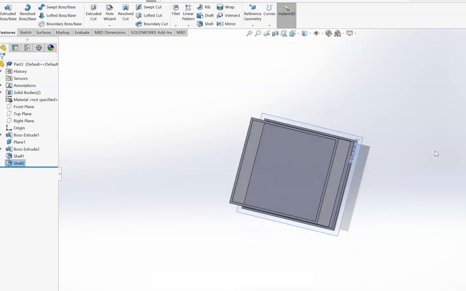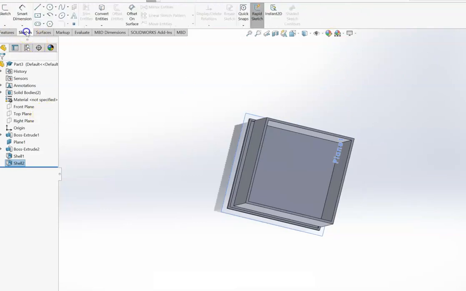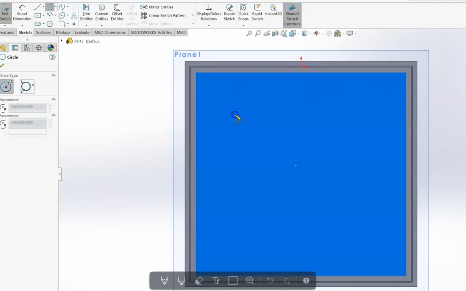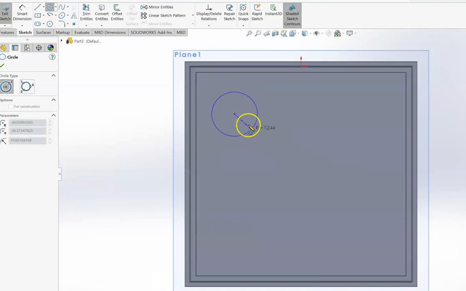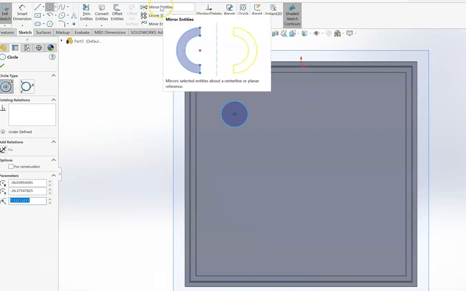Okay, last thing I need to do is punch some holes in the base of this rectangle, square, pot thing. So I need to go to sketch. I'm going to sketch on this face. I'm going to draw some circles. I can draw a circle there. And then I can actually draw a bunch of them. So I can